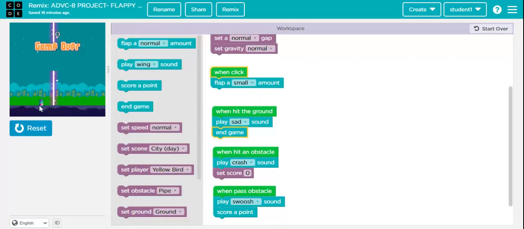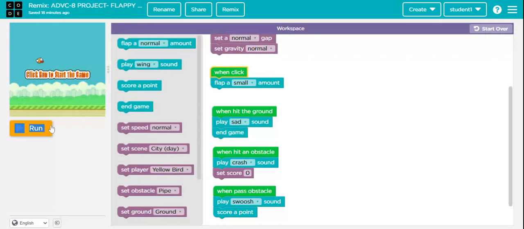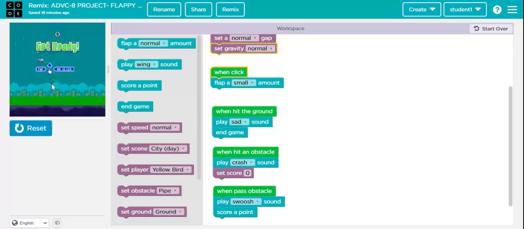And when it touched the ground, it showed game over. Let's see if it passes through the gap. See, 1 point. As soon as I touched the laser again, it became 0. And as soon as I touched the ground again, it became game over.